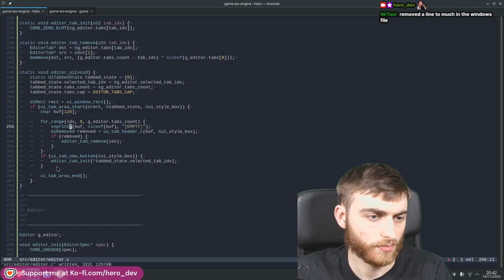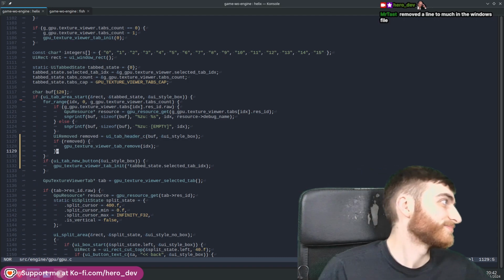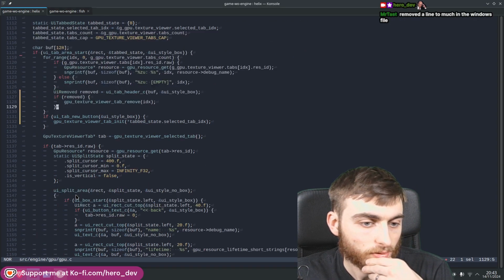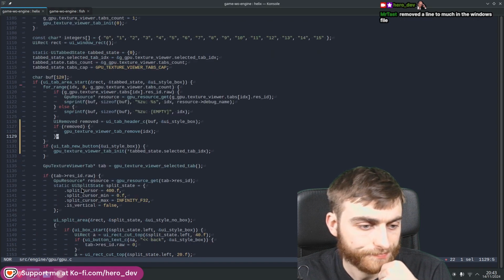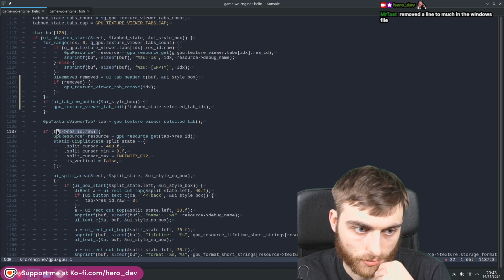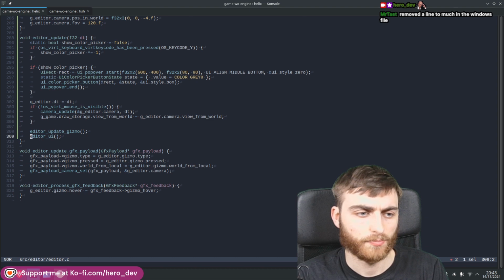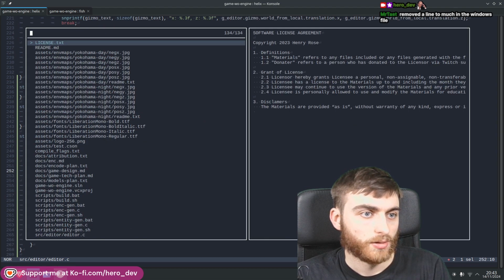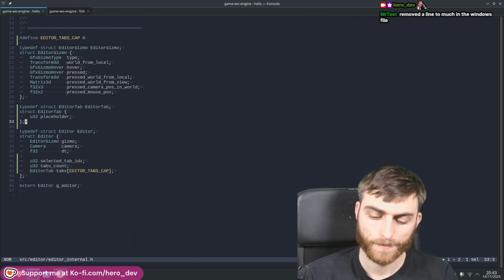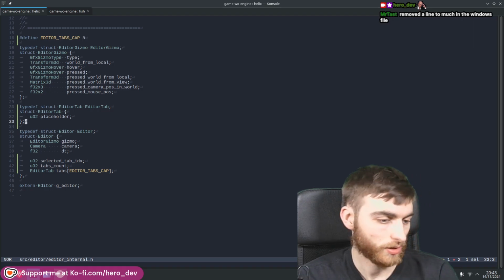Okay, so next thing to do is to fill in some areas. This is the texture viewer. It had like a split area if it was open or something like this. So I think what we need to do is think a bit more about how we want our editor data to look like. So we're going to be having essentially